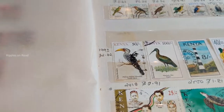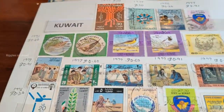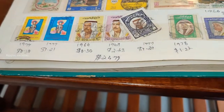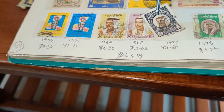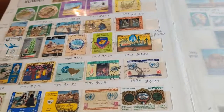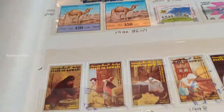So this is ibis over here. So these are the small country, and Kuwait, one of the smallest and the richest country in the world. So that's the king. Let me keep it in a proper way, because these albums have become so old that now it has lost the elasticity of these tapes. So this is Kuwait,